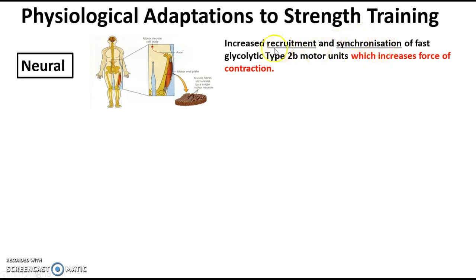If more of them are recruited closer together, you get increased synchronization, coordination, and ability to work together to give an increased force of contraction. You can imagine that taking place inside your biceps brachii, for example, if you did bicep curls. So there's an example of your first neural adaptation. Your brain sends an impulse to your motor unit, leading to an increased force of contraction. You can lift more weight.